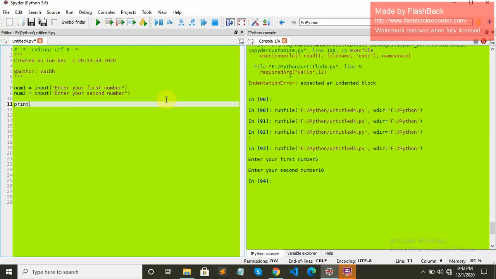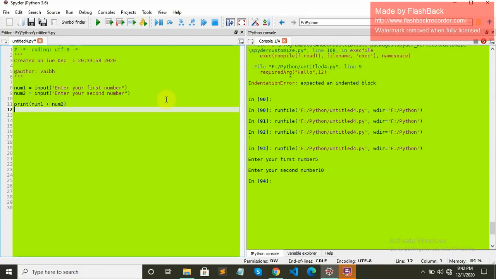For addition, we will have something like this: num1 plus num2, it will add. If we check it now, let's check our addition function, 10, and then we will write 20.